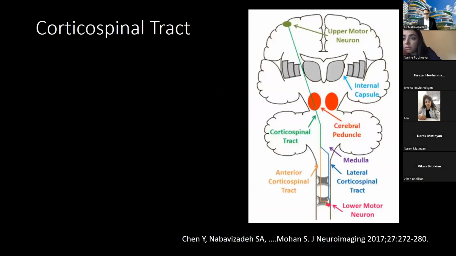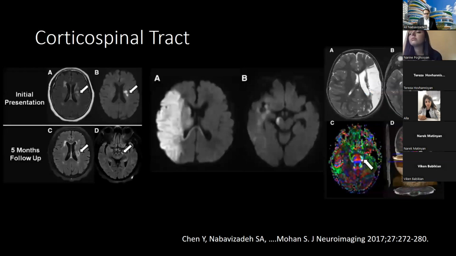Again, I'm going to start with the corticospinal tract, which is the most well-known cause of Wallerian degeneration when it gets injured, which starts from the motor cortex and travels all the way through the cerebral peduncle and pons and medulla and anterior corticospinal tract. And if you have an infarct or a tumor or anything that injures the corticospinal tract, you can see the Wallerian degeneration downstream. So this is the initial presentation of a patient that had some infarcts in the corona radiata